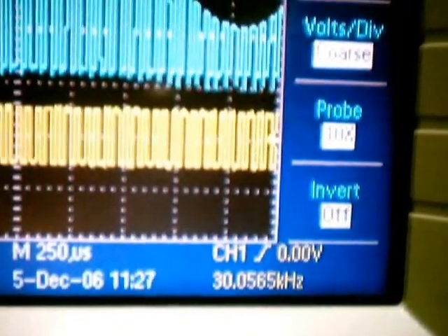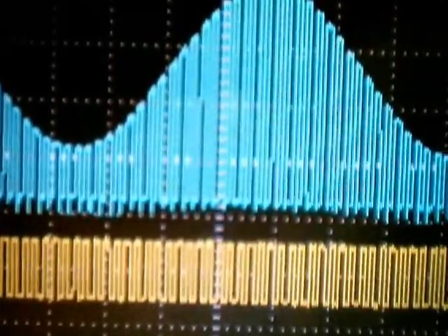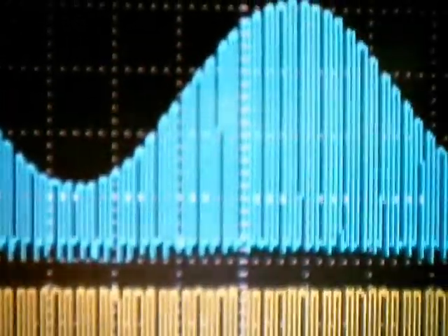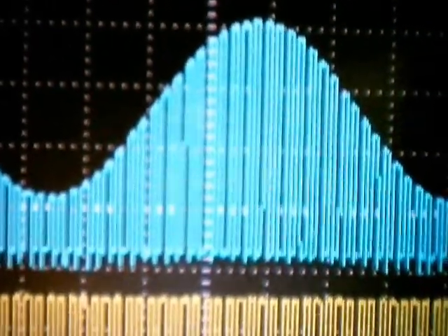Of course, during the demodulation we have to keep the carrier frequency a bit high so that we can reduce the ripple amplitude. Now you can verify whether the demodulated waveform is equal to your modulating waveform or not. You can just verify the two waveforms.